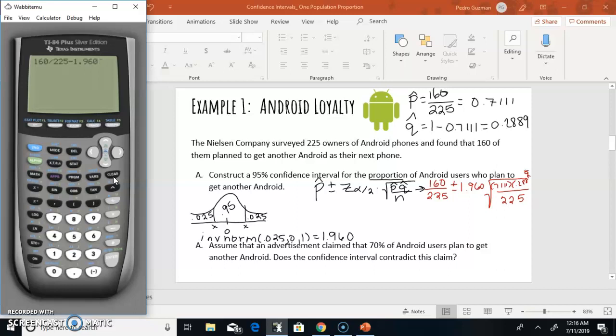1.960. You do not have to type times, but you can if you want. But you want to type in the square root sign. The square root sign is a secondary function of x squared. So you hit second x squared and the square root sign will pop up. For some of you, it will pop up with a parenthesis. And we're just going to do what's inside: 0.7111 times 0.2889 divided by 225. You don't even need parentheses in there. You just type it just like that. If the parentheses originally popped up for you, like if you have an 83, you can close the parentheses now. And then hit enter, and we get